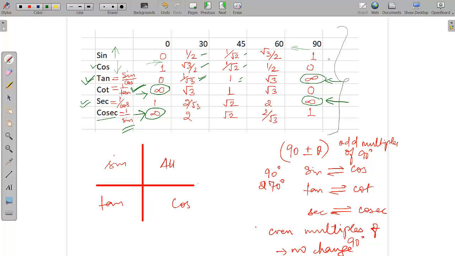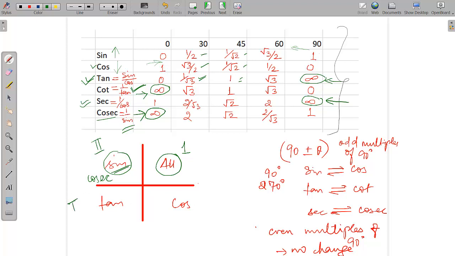What I wanted to tell you here is how you find the values of the different trigonometrical functions in different quadrants. We'll divide the quadrant system in four, in which we'll just remember where the values of the functions are positive. In the first quadrant, all the trigonometrical functions are positive. In the second quadrant, only sine is positive. If sine is positive, that means cosec will also be positive.